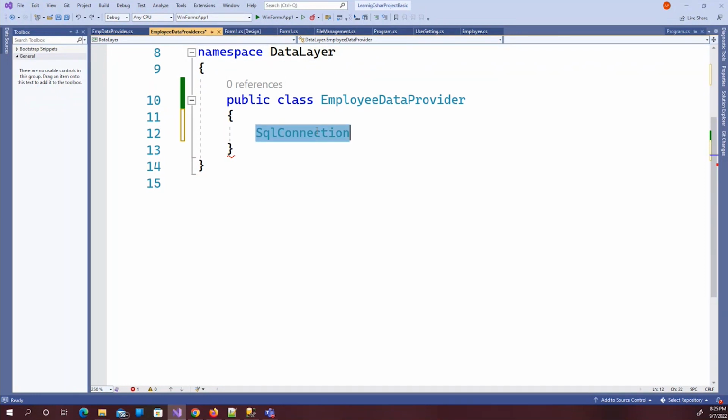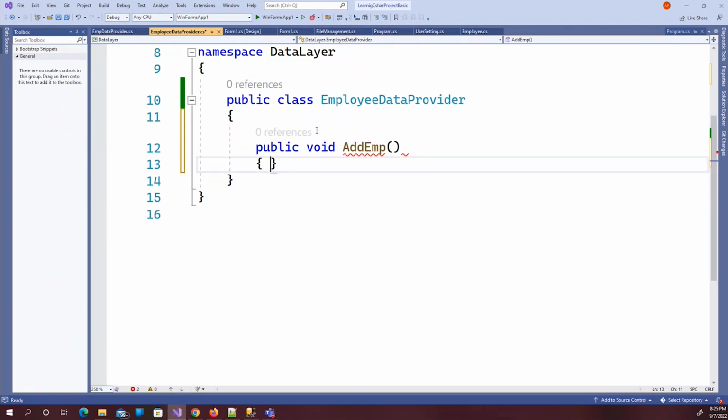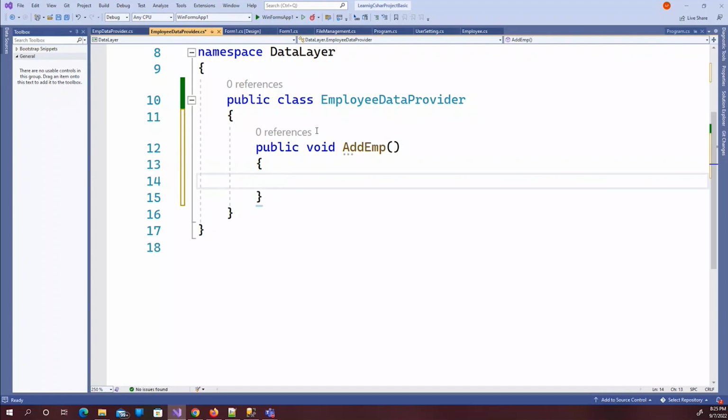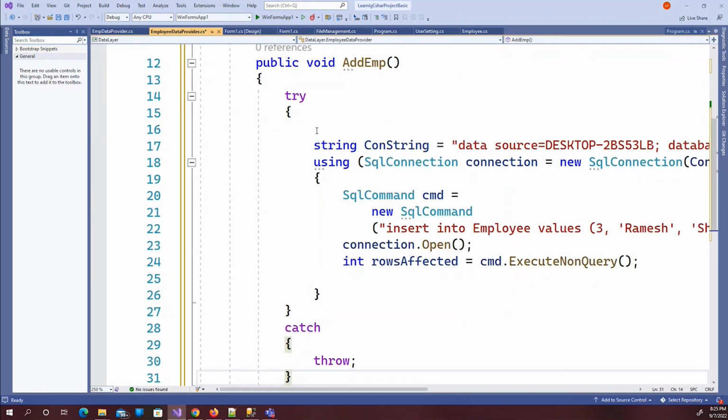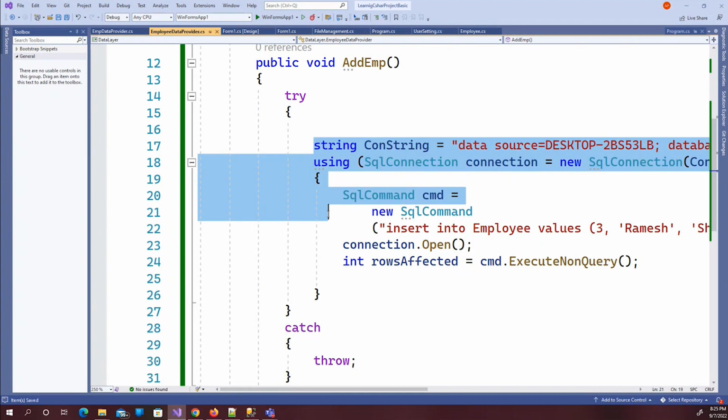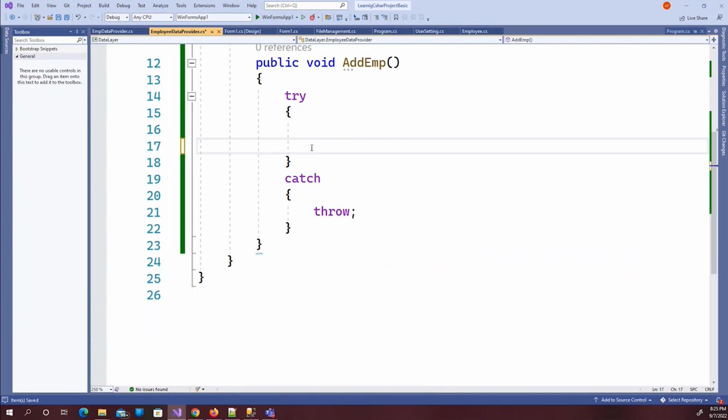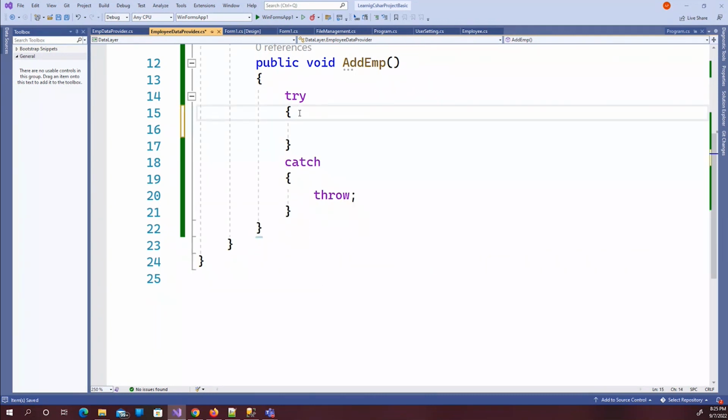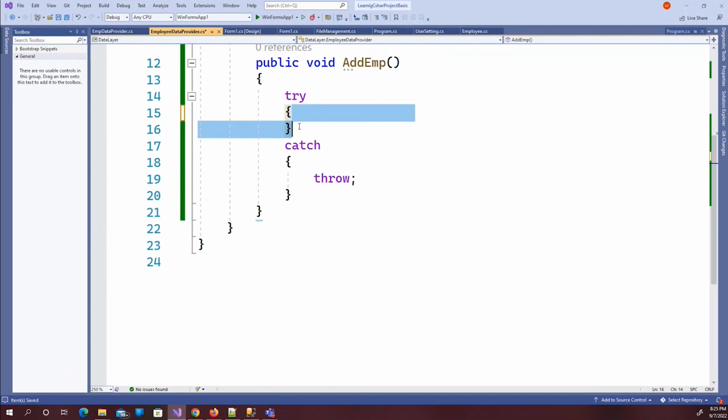So what I will do, I will create one method, public void, I'm not going to return anything for now. Add employee. With this method, I want to paste this code. Before writing this, first try to understand this try catch block. Whatever code we want to run, we put within this try block, and if any exception happens, this